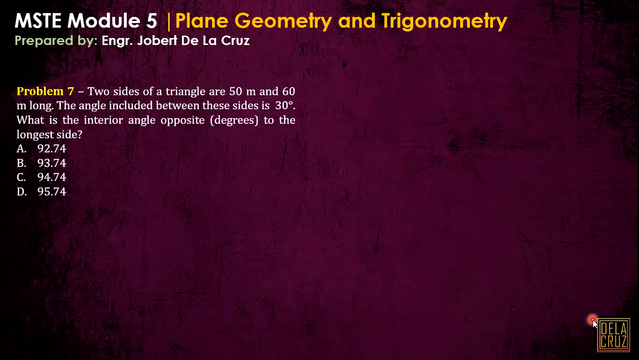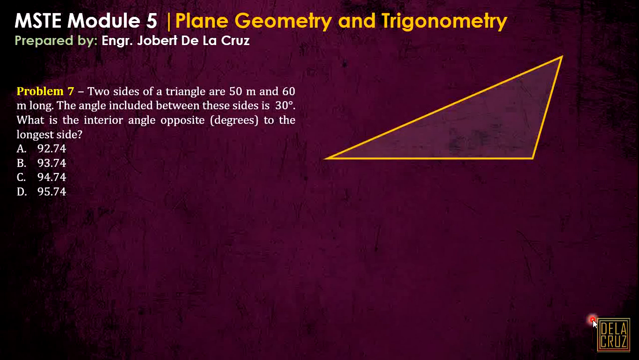Another example, problem 7. Two sides of a triangle are 50 and 60 meters long. The angle included between the sides is 30 degrees. What is the interior angle opposite to the longest sides? If this is our triangle, we have two sides given and we have included angle. And we are required to calculate the angle opposite to the longest side, which is, in